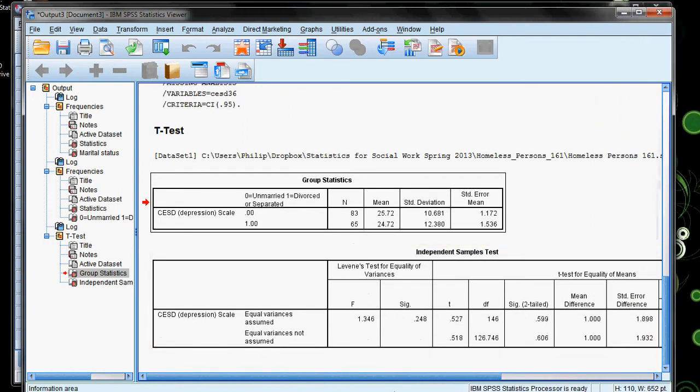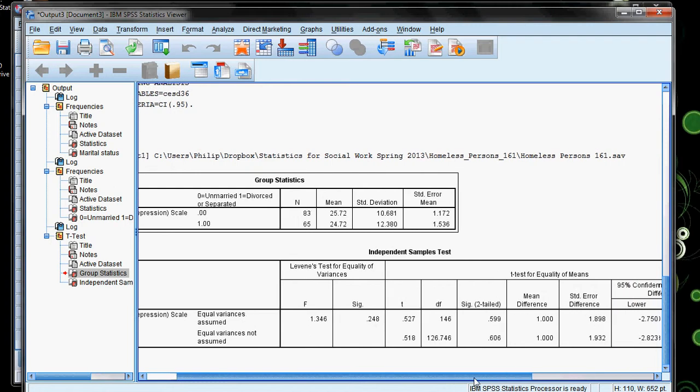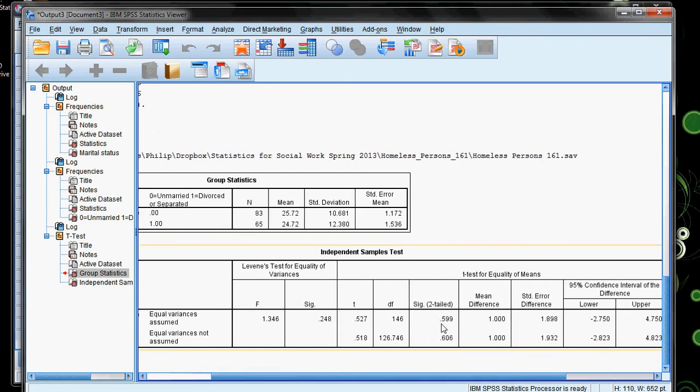But let's just look at the means test in case. So we can tell that equal variance is assumed holds up. So as long as this number is not less than 0.05, we can safely assume that these two groups have about the same variance. But when we look at our significance value, it's 0.599. So that means our p-value for the difference between the means is not significant at all. So there is a 59.9% chance that we could expect to see a difference between those means as unusual or more unusual than what we observed. So totally busted. There's no difference that we can really even come close to saying exists between unmarried individuals and